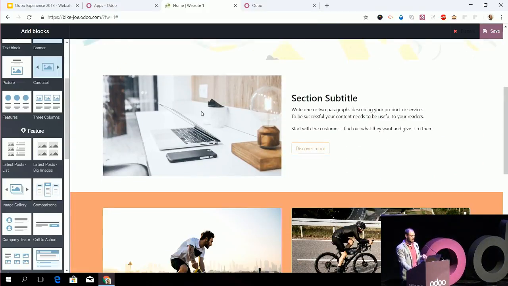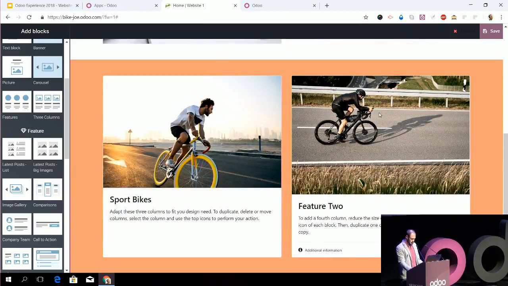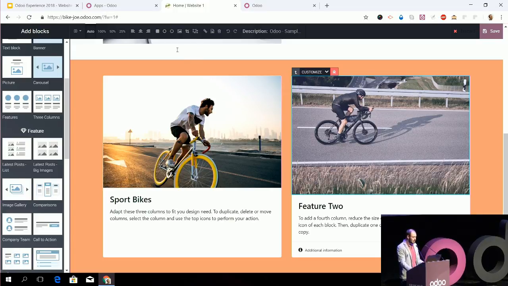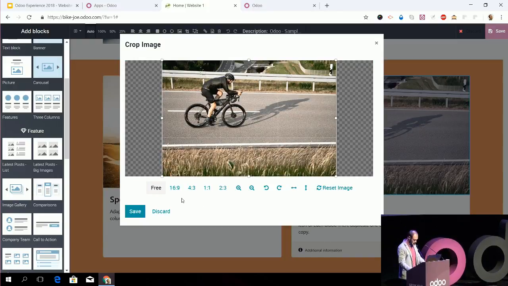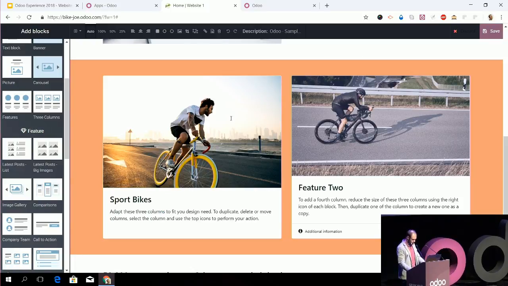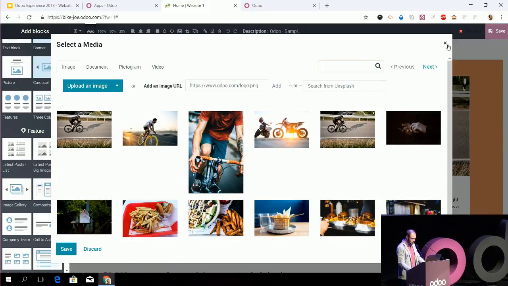So speaking of content and pictures, you will be also very pleased to see that finally you can crop and modify images straight from Odoo. For instance, here, good example. Yeah, those two pictures have a different sizing. I would like to correct that. I will click this new icon available in the top edition bar to crop my pictures, and I will apply a specific format on it, like this one, and I will do so on the first picture too,